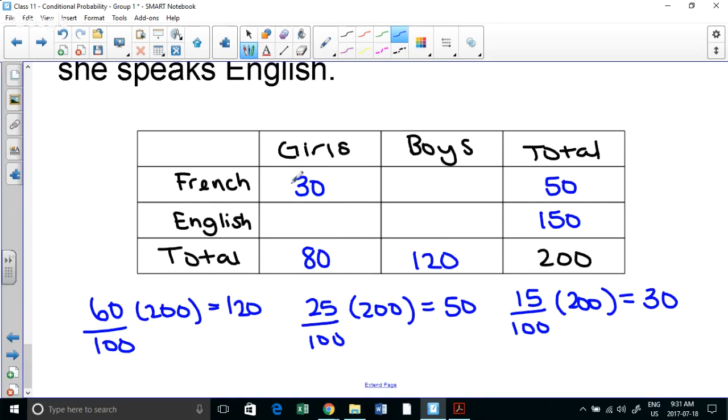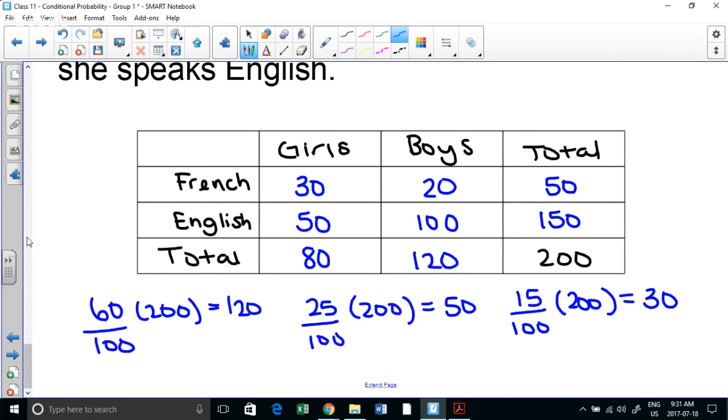From there, I could figure out the rest. So if 30 of the French speakers are girls, there should be 20 that are boys. If 30 of the girls speak French, then 50 will speak English. If there are 120 boys and 20 speak French, there are 100 that speak English. Once my entry table has been filled out,